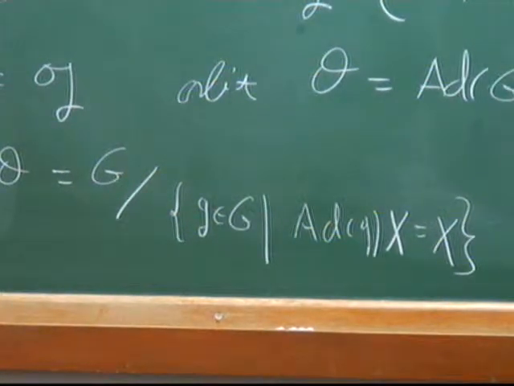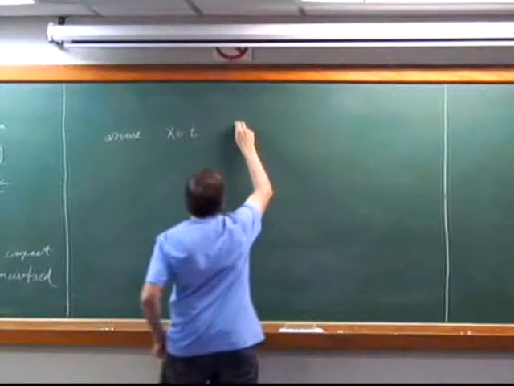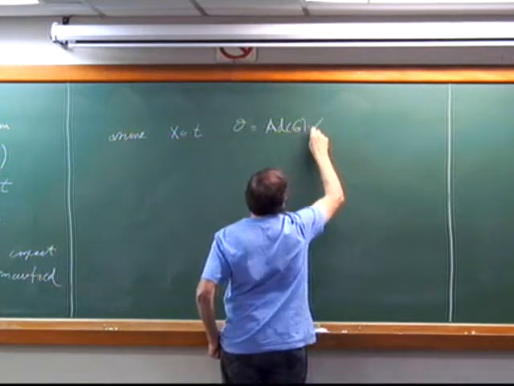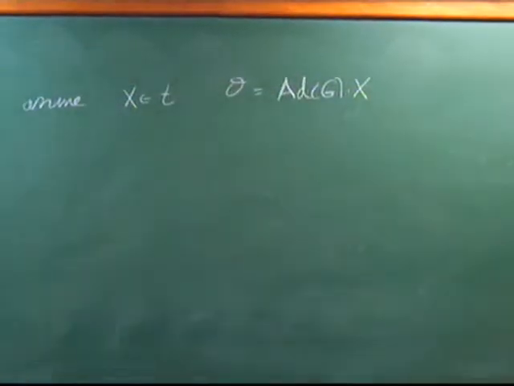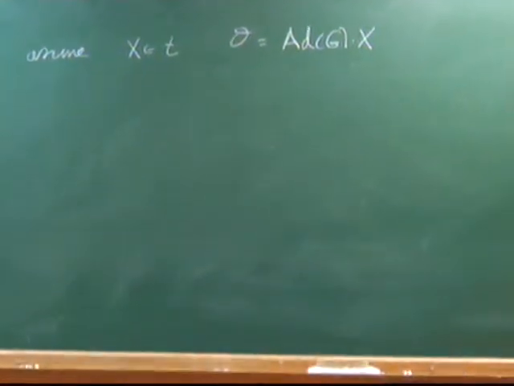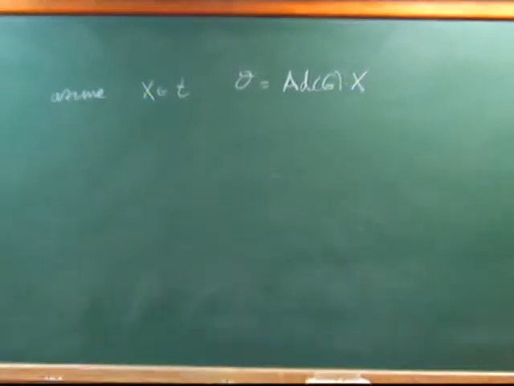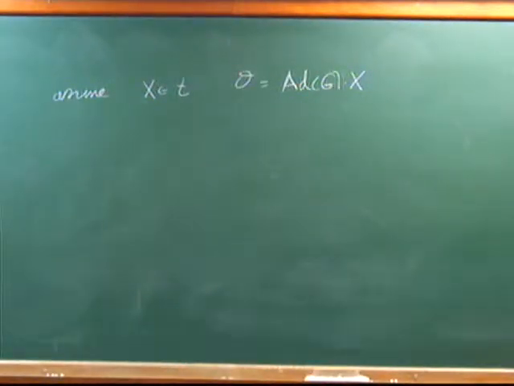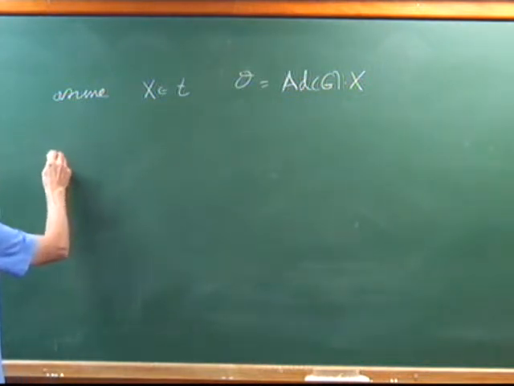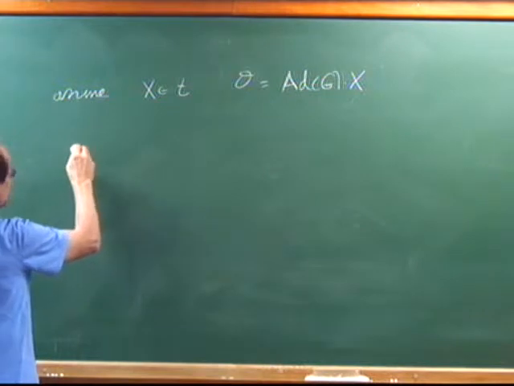Of course, by this result here, I can assume that my element X lies in the maximal abelian subalgebra, because I can write every adjoint orbit in this form. Because every orbit meets the maximal abelian subalgebra. So you might as well take your vector inside the maximal abelian subalgebra and then take the orbit. So then this adjoint orbit has a lot of geometry, and the one I want to explain right now